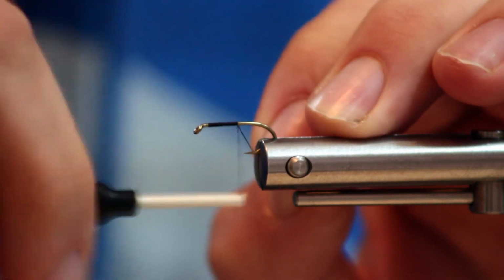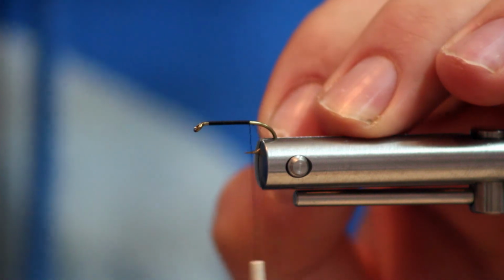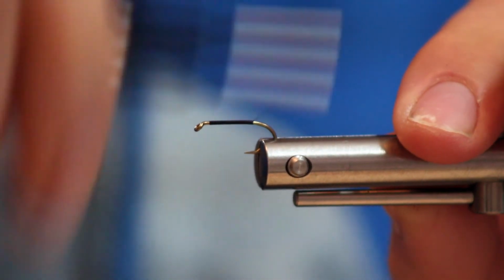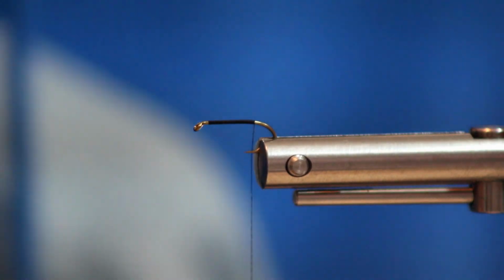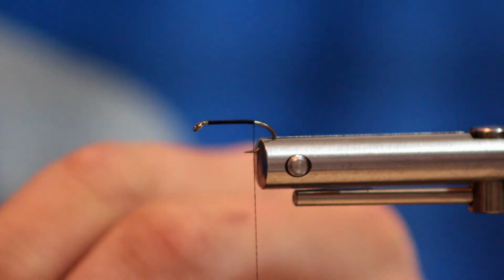became an Umpqua fly, and now you can't get it anymore. So if you want it, you're going to have to tie it. Alright, start by giving yourself a good thread base. The tail on this guy is going to be